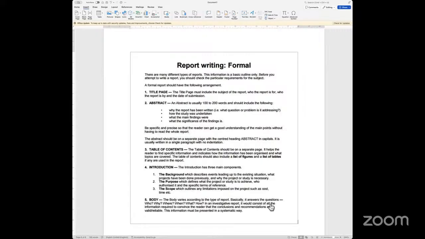Now, how does a report look visually? A report normally has a heading on the top, which is normally bigger than the text in the report. In your editor you'd have the option to change the font size. You don't need to change the font, but the font size you would be able to change. So a report would have a headline or a title, normally in bold or headline format. Now, you would need to formulate a heading for the report.